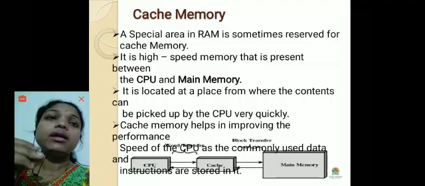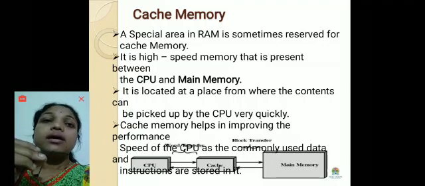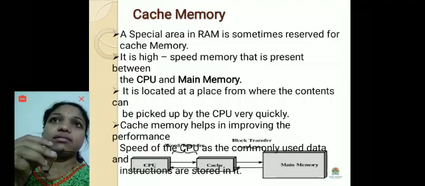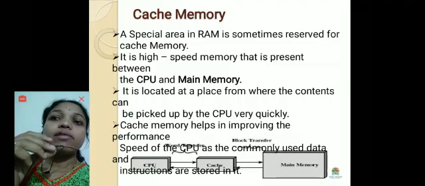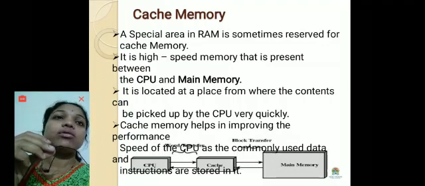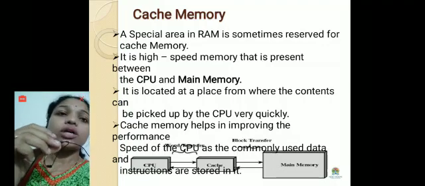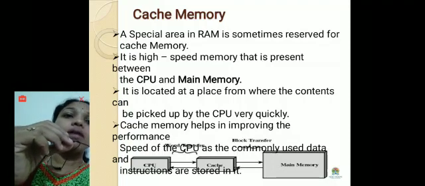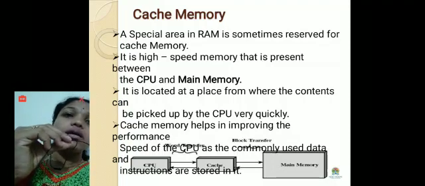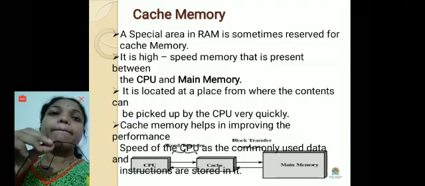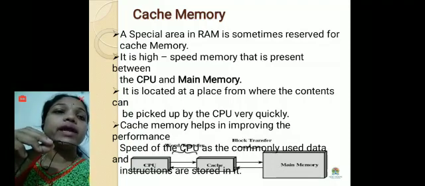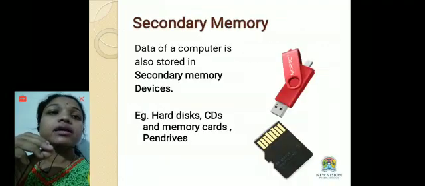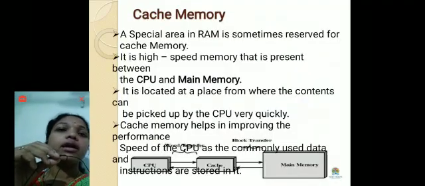Suppose, for a real time example, in a hospital, what do we do? There is some waiting room. In that waiting room, one by one, the patients will go to visit the doctor. After the treatment, the doctor will call them one by one. Then who will handle those patients? The waiting room will handle them. So cache memory works like a waiting room.